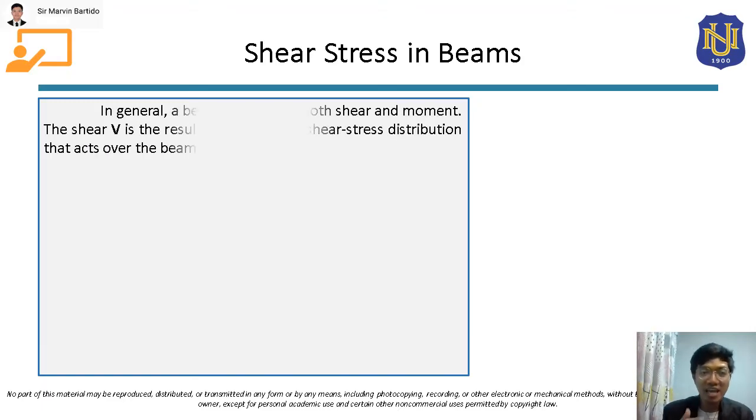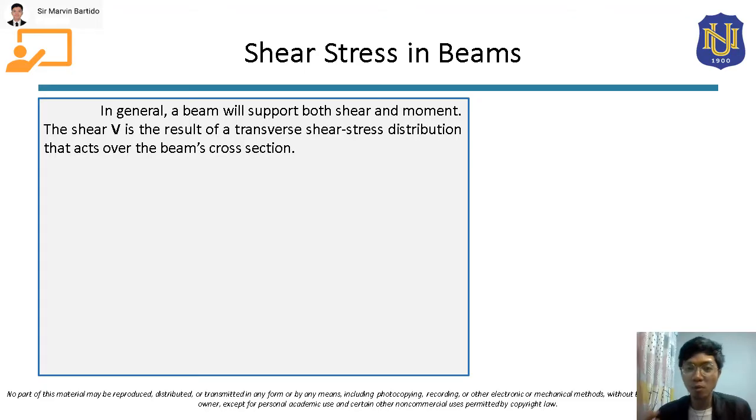In general, a beam will support both shear and moment. In our last discussion, we talked about the effect of bending moment on beams, and its effect, class, is bending stress or flexural stress. This time, class, what we will discuss is the effect of shear force on the beam, which is the shear stress. The shear V is the result of a transverse shear stress distribution that acts over the